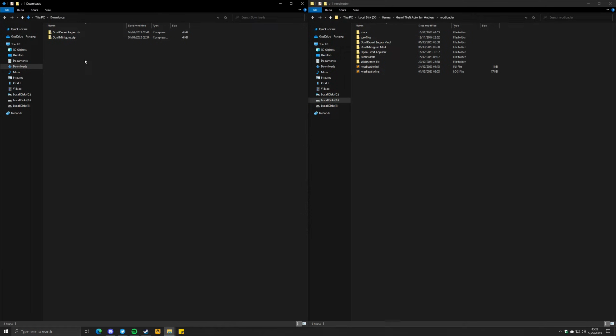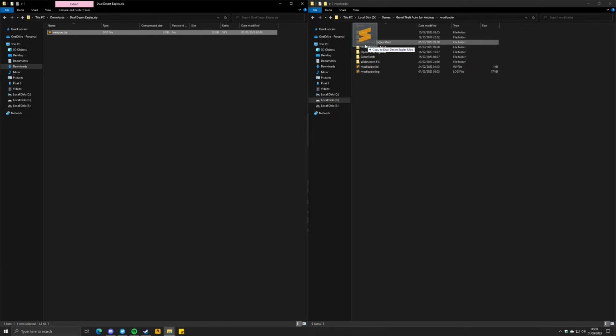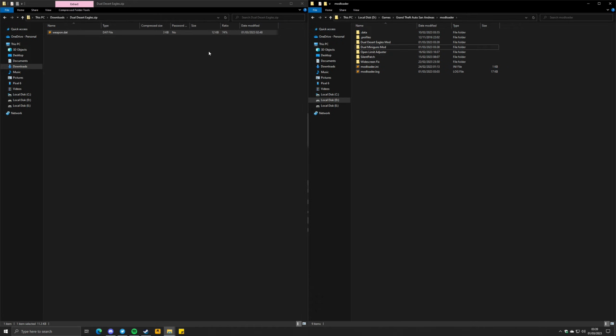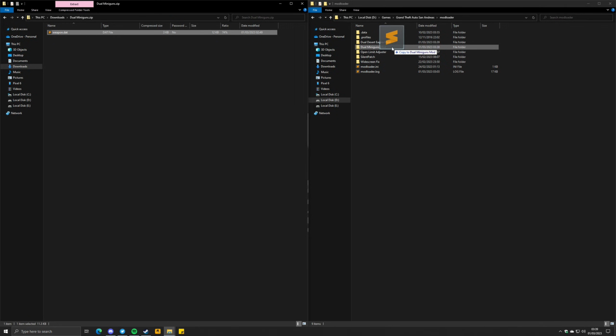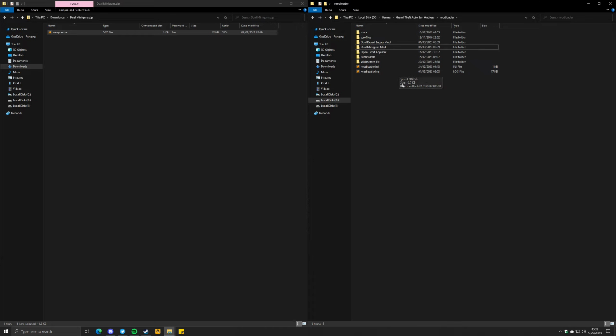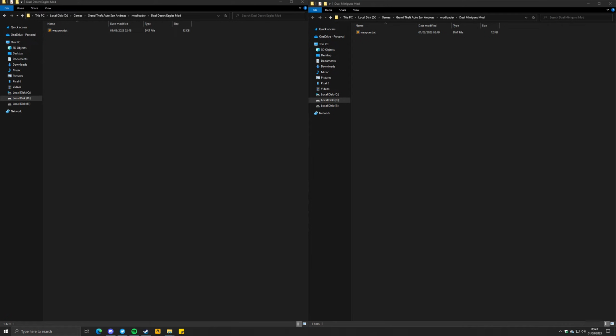However, if you have mod loader, it can merge the data files together with the changes, so you don't have to do any of that. So if you install your dual Desert Eagle mod in mod loader, and also install your dual minigun mod in mod loader, it can actually tell which lines in each mod have been changed, and will merge the changes together. So mod loader basically reads the two weapon.dat files from each mod, sees what's different between them, and tells the game to use the modified Desert Eagle line and the modified minigun line from both mods.